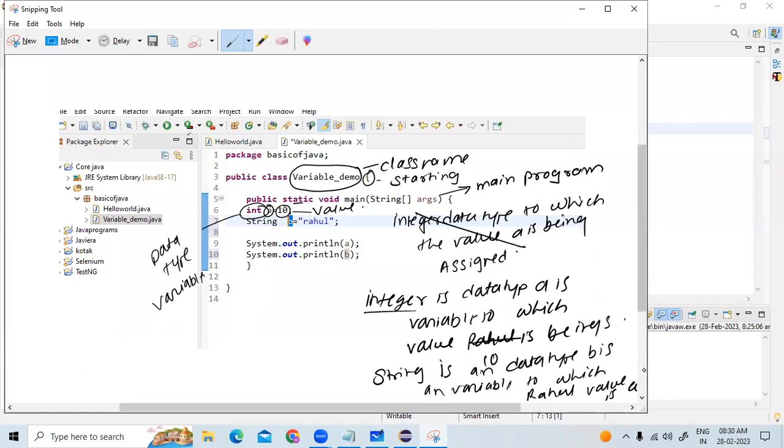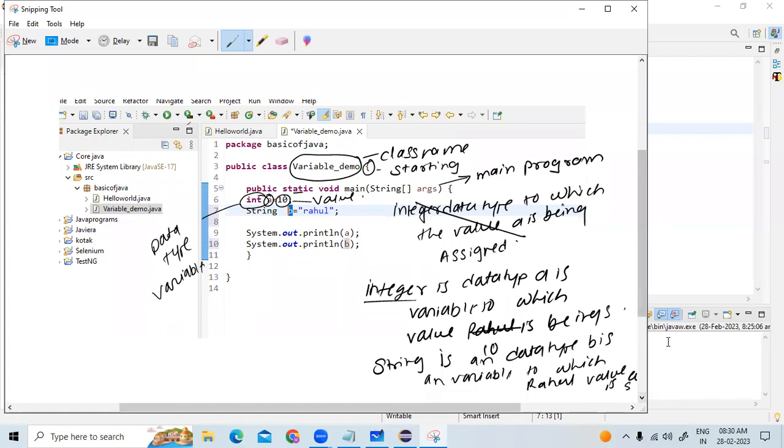Okay, clear? Assign. Did you all get it till now? And there's an output statement. See, when we are printing something,